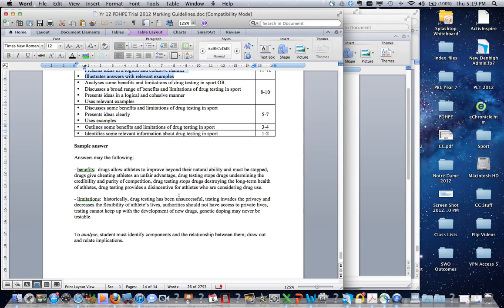Some boys needed to look at some of those areas and have some thought as to what needed to be put into their answer, because they didn't actually discuss what the question was asking about drug testing. Some boys went down the path of looking at different types of drugs that were actually tested, and the advantages and disadvantages, or limitations and benefits of those types of drugs, which wasn't actually answering the question. So it's important for us to read the question and answer the question.